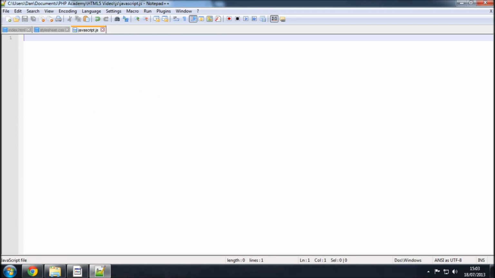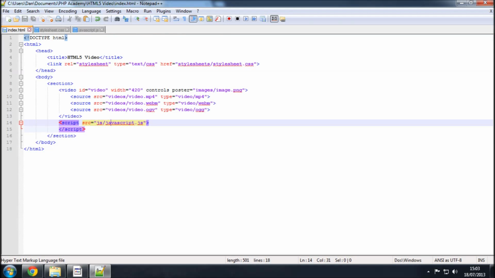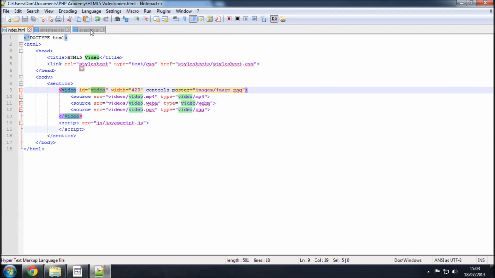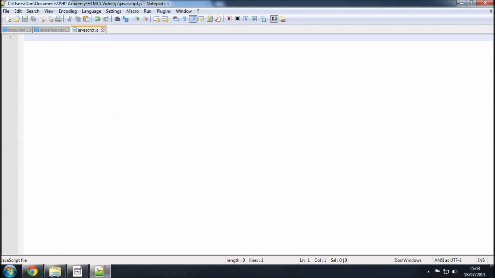So in here, what we're going to want to do is create a variable which will get the element video by its ID. In this case, the ID is also video. And we can use that variable then to play with the different things that we want to play with. So just to show you, I'll create a variable set of var, and then we'll just call it